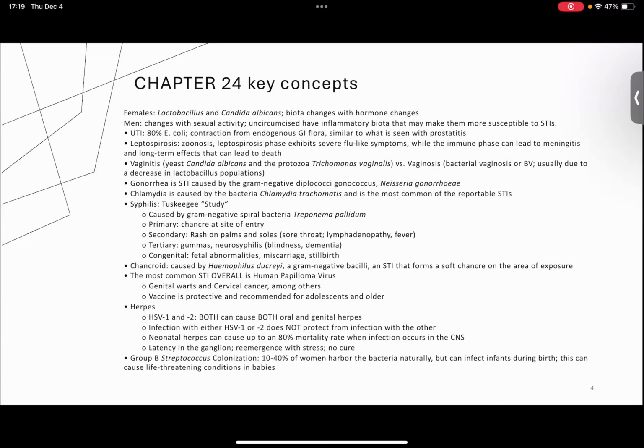So still Chlamydia trachomatis, but that's trachoma. Here, chlamydia is just the sexually transmitted infection. It is the most common of the reportable STIs. Now, this is where we take a little bit of a step back just to talk about the fact that